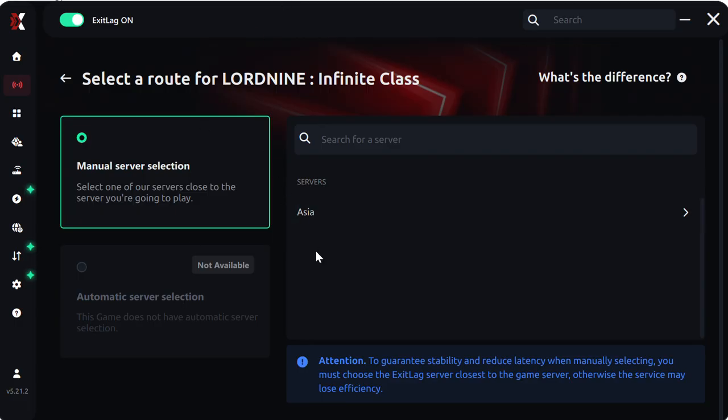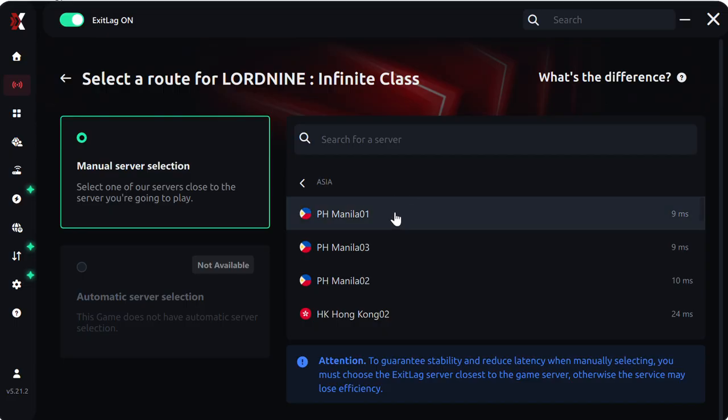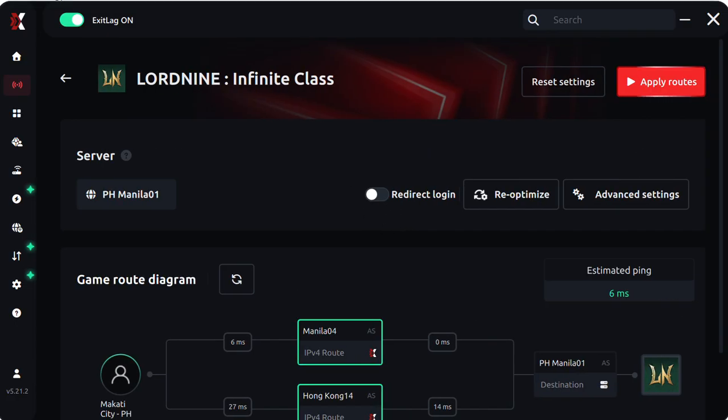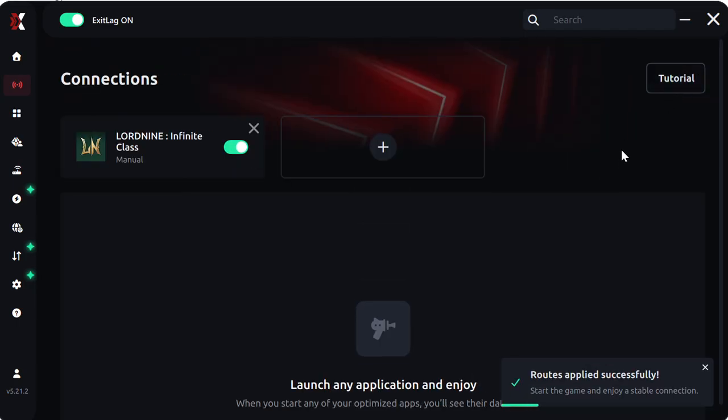Since automatic server selection isn't available for this game, you have to choose the manual selection. Then click the Asia and select the ExitLag server that is closest to the game server you're playing on. For example, if you're playing on the Asia server, I am close to Manila because I'm in the Philippines, so I have to choose the Manila. Click on that. And once you've selected your server, just click apply routes and wait for ExitLag